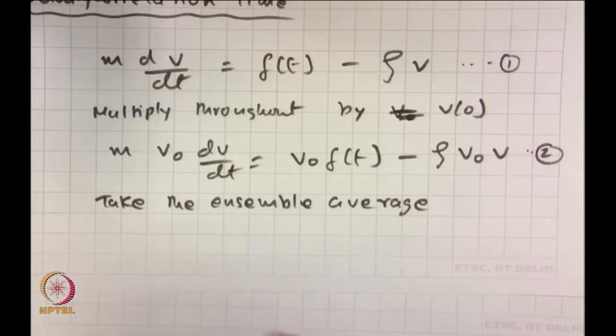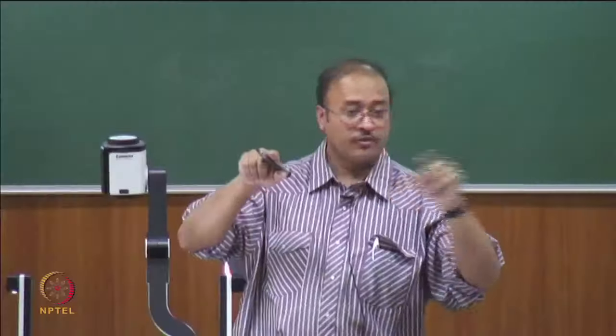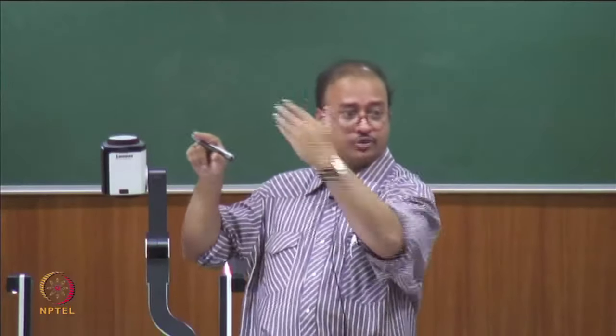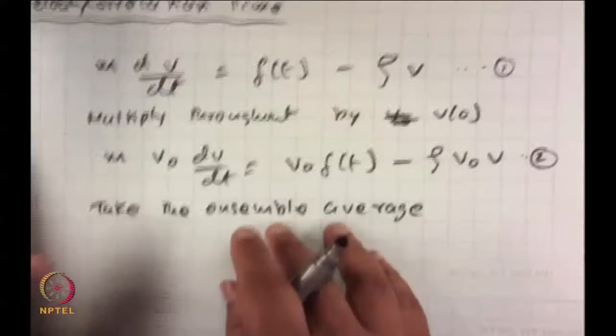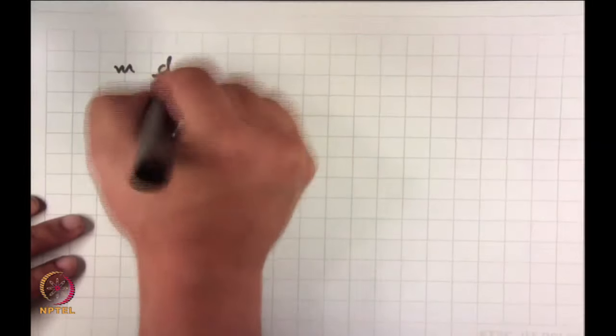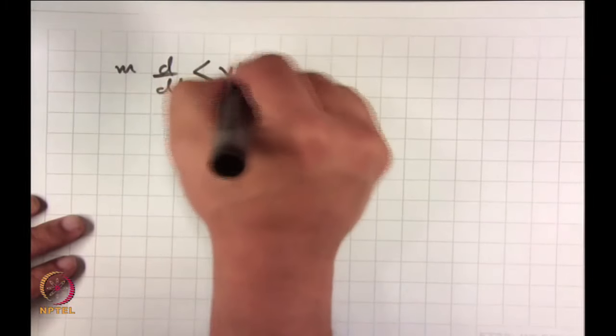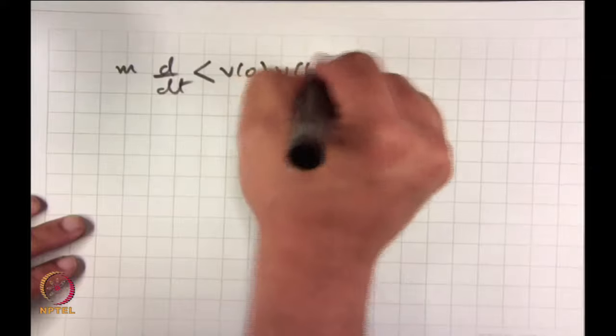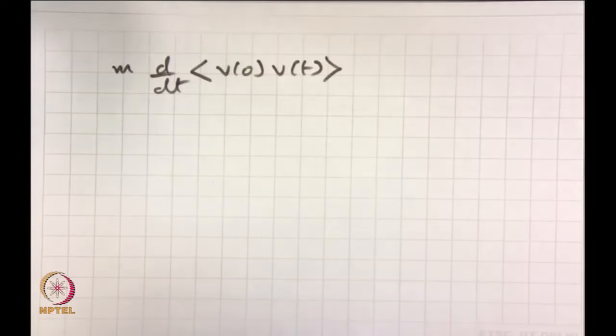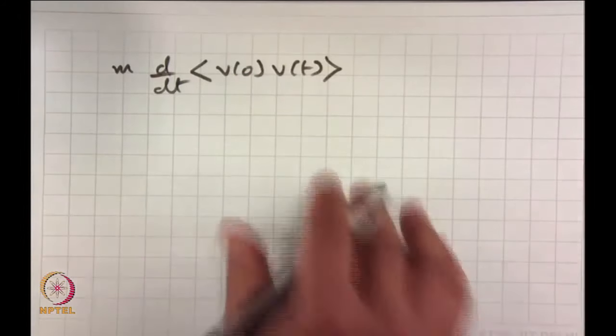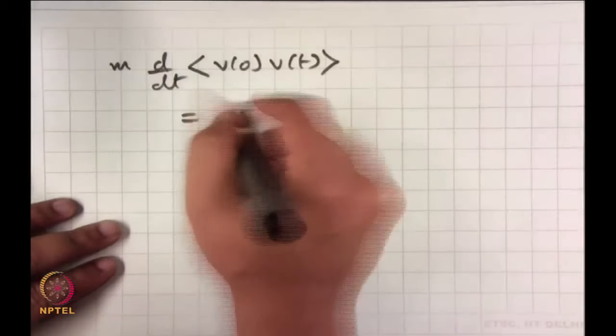So, what do we mean when we take the ensemble average? That means we just introduce these brackets throughout the whole equation, sweeping through the whole equation. And if I do that, can I write m d/dt of the ensemble average of V0 V(t)? This is my left hand side of the equation, which is equal to